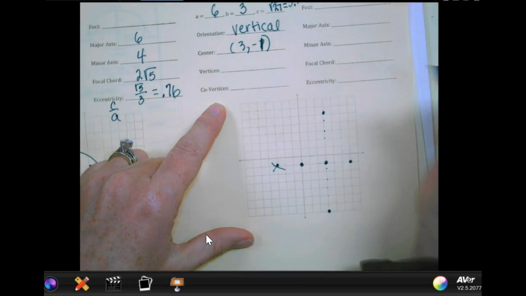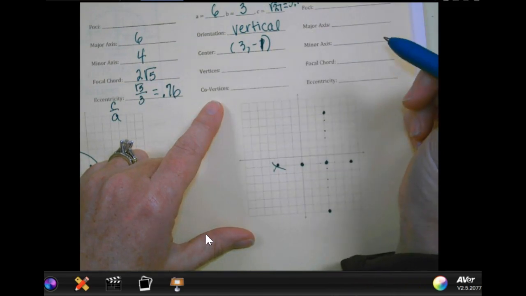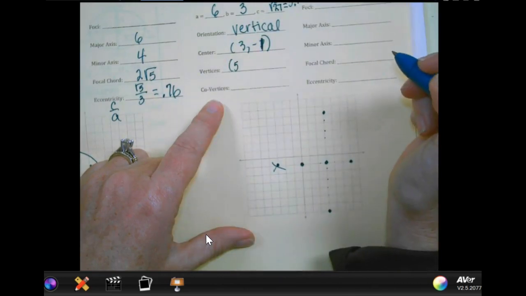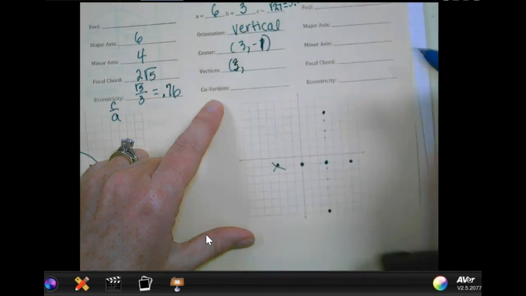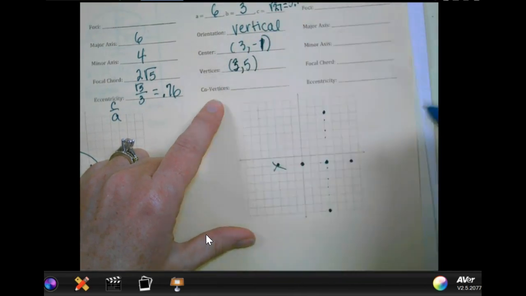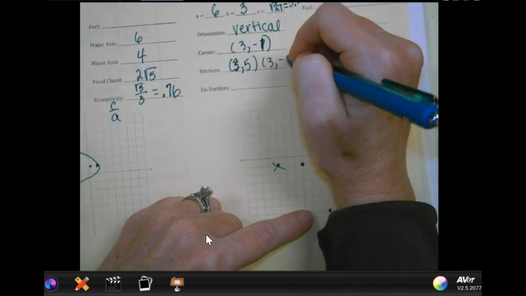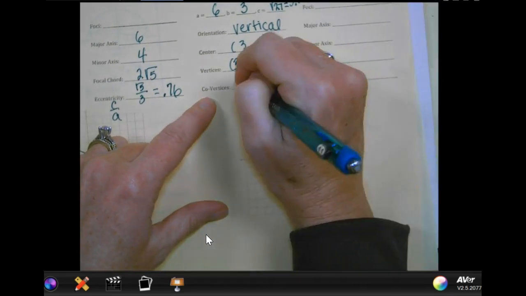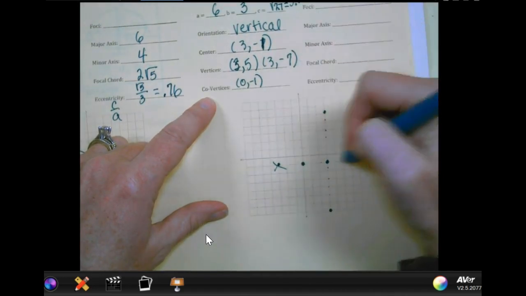These are uneven squares. Oh, wait. This is going to be 3 and 5 and 3 and negative 7. And the covertices are going to be